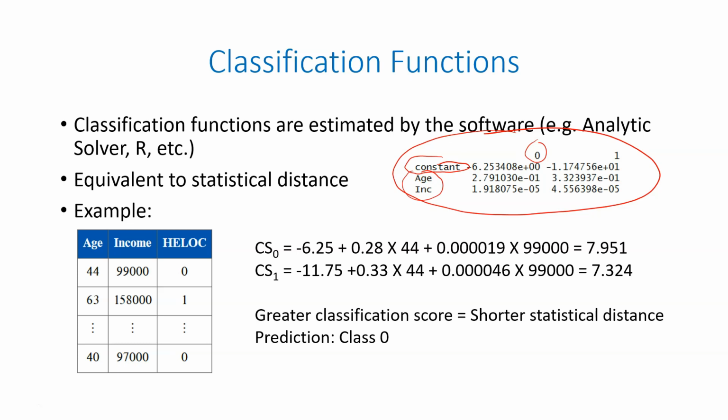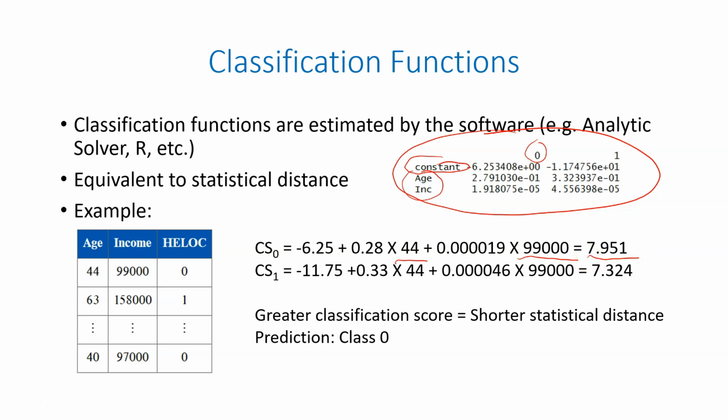So if we plug in the age and income values of the first customer, who is 44 years old and has an annual income of $99,000, we are going to get the classification score of